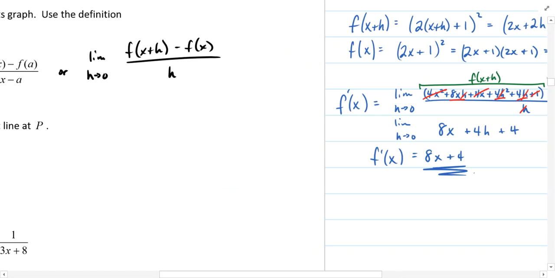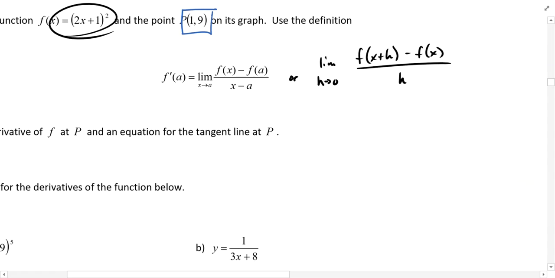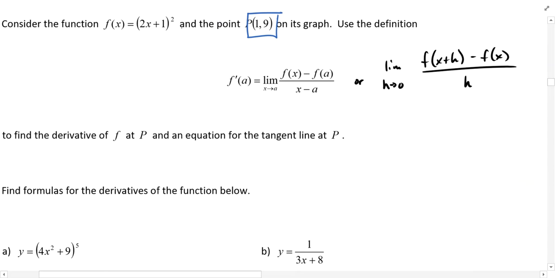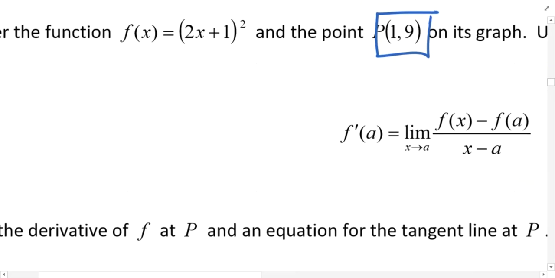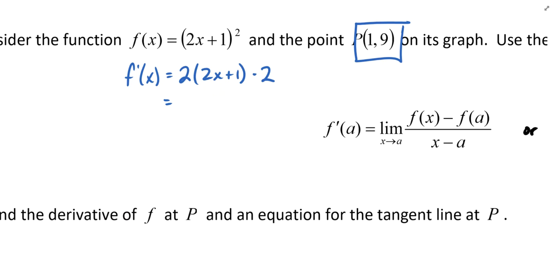And now that we have the derivative, we could use that to find the derivative at this particular point on the graph. To finish out this video, let's just consider what the derivative would look like using derivative rules. And in this case, we need the chain rule. So the derivative of f of x would be equal to 2 times 2x plus 1 times the derivative of the interior, which is 2. And after we distribute and combine like terms, we end up with 4 times 2x plus 1,